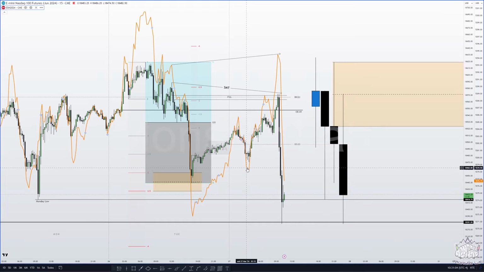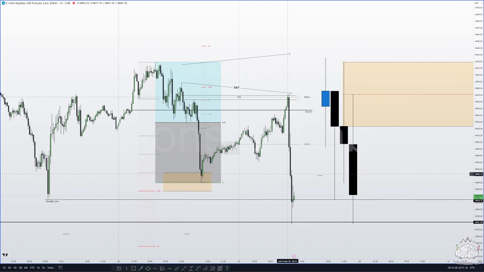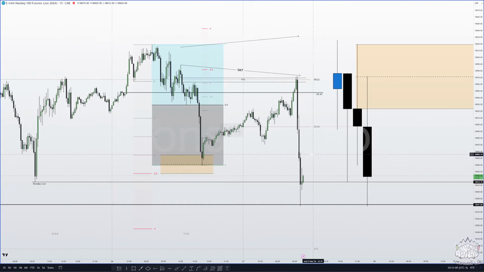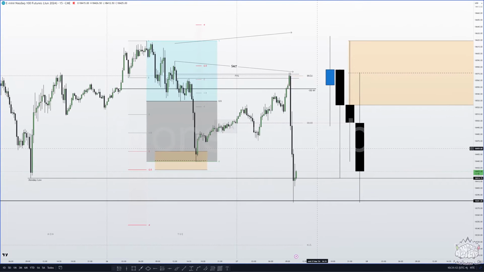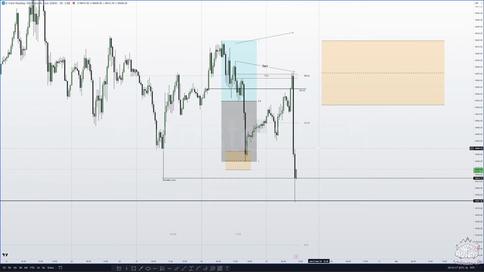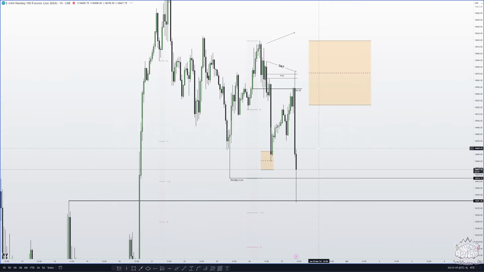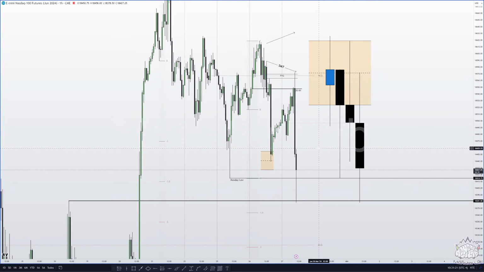Okay, so right now, I don't find one next move. I need to wait for the next retracement or fractal because price expansion is very fast. So